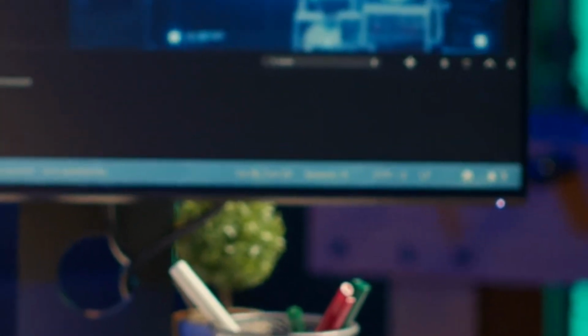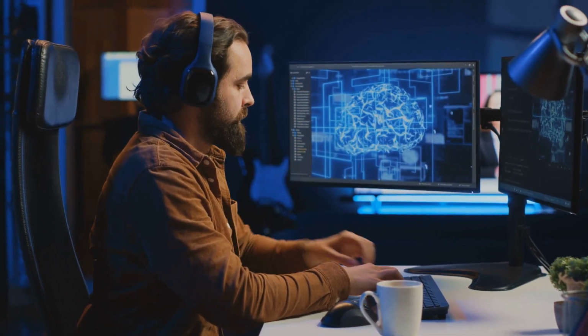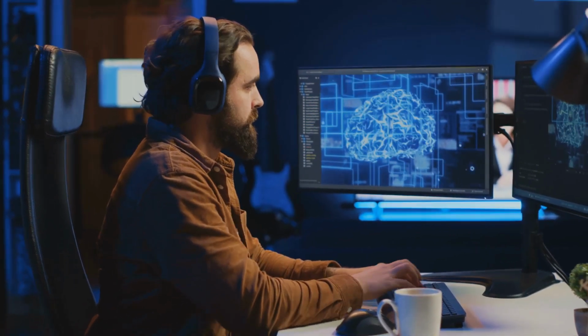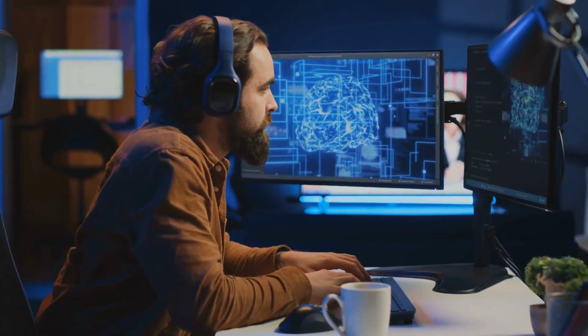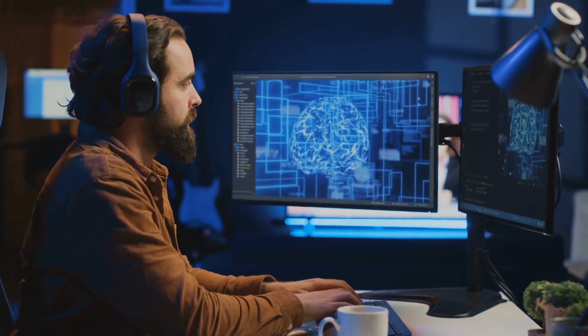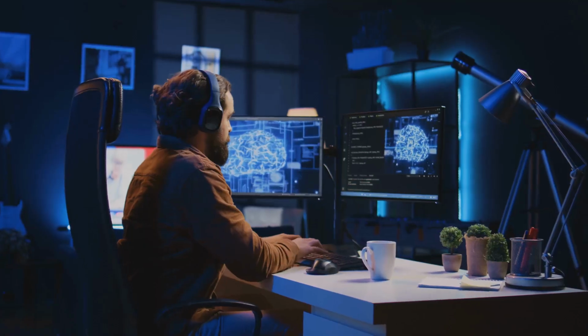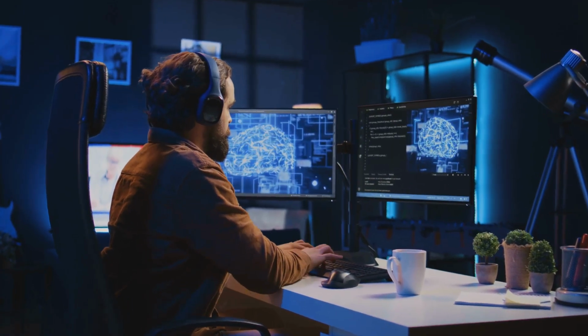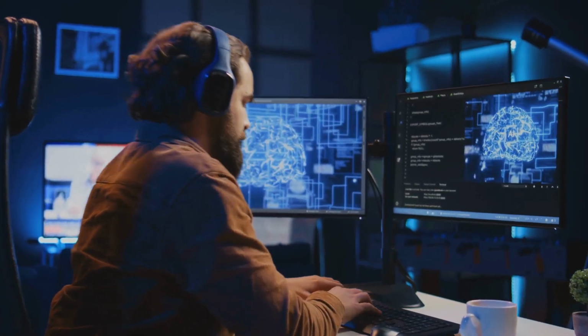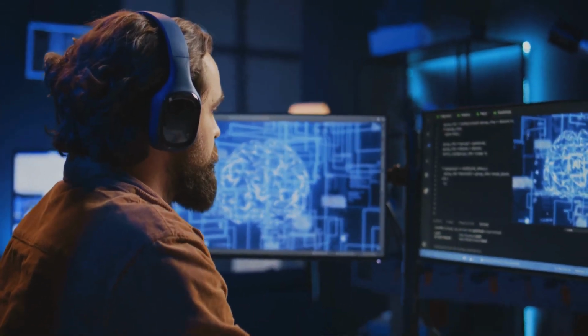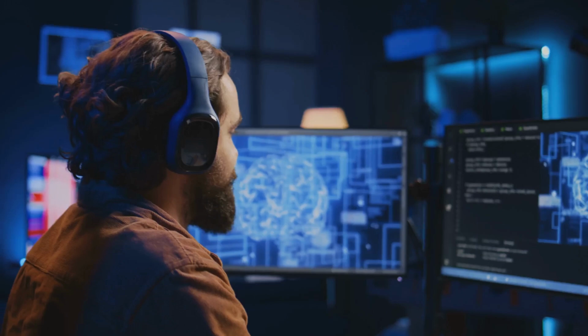Section 8. Building your first AI-powered three-dimensional animation. Creating an interactive AI-powered three-dimensional animation project is more attainable than you might think. With the right tools and a bit of guidance, you can bring your creative visions to life. Using Three.js, ML5.js, and PoseNet, you can build an experience where a three-dimensional character mimics your movements in real time. These libraries provide the foundation for integrating AI with 3D graphics seamlessly.